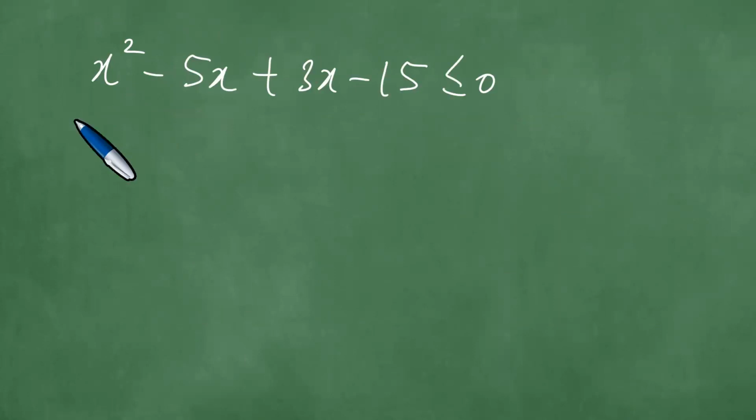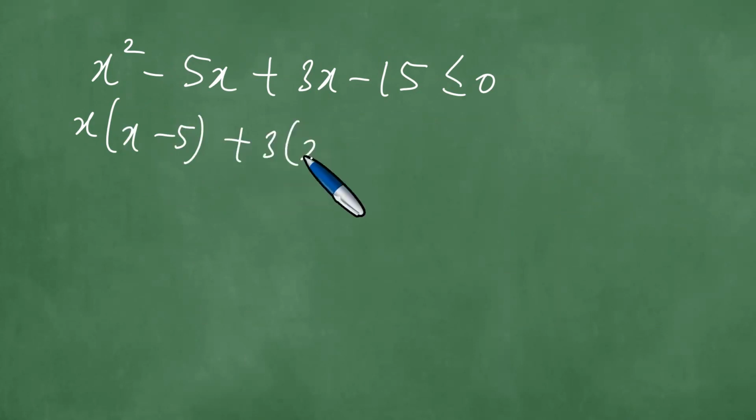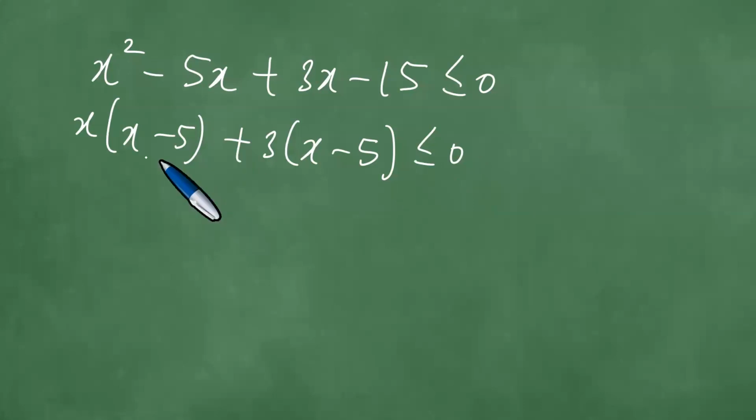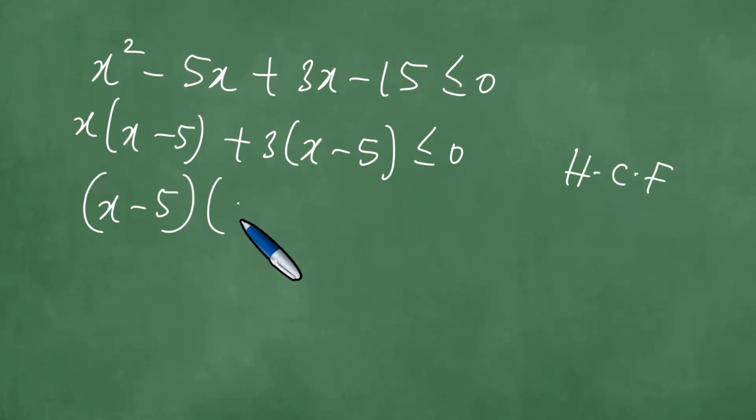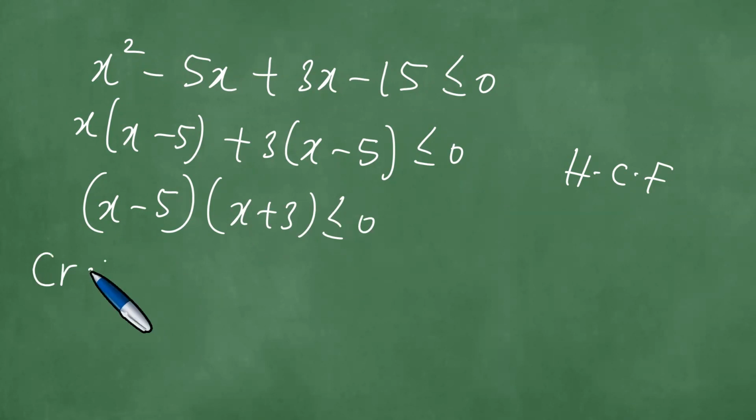Right, so we factor out x, and we have x minus 5 plus 3 into x minus 5 is less or equal to 0. x minus 5 is the highest common factor, the HCF, and we factor it out, and we have x minus 5 times x plus 3 is less or equal to 0. At this point, we find what you call the critical